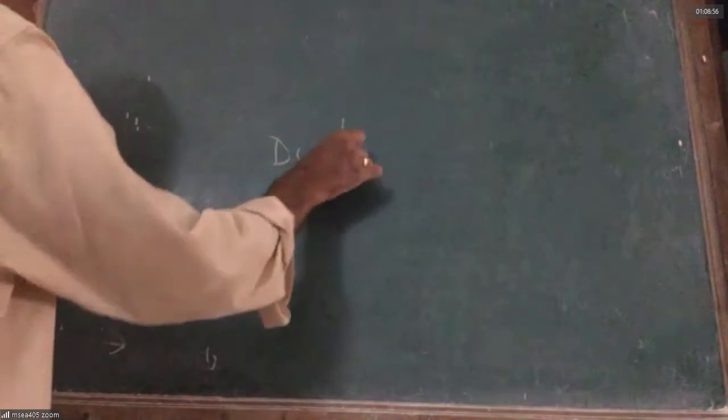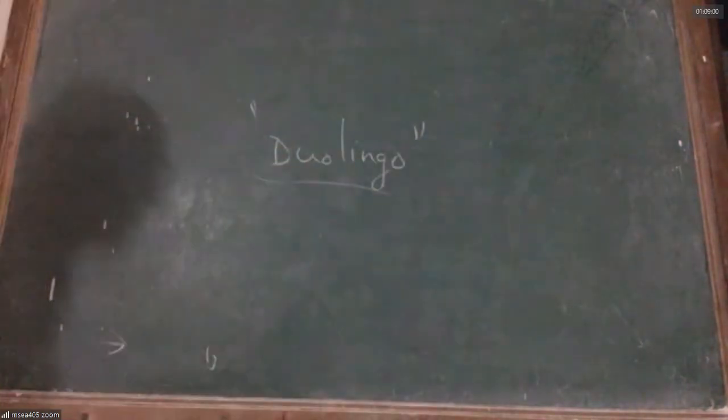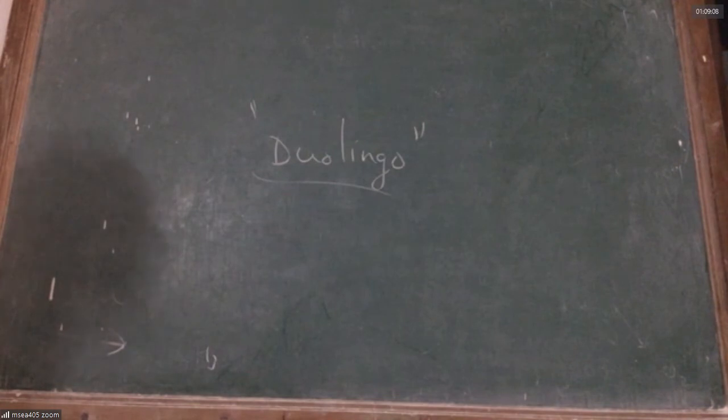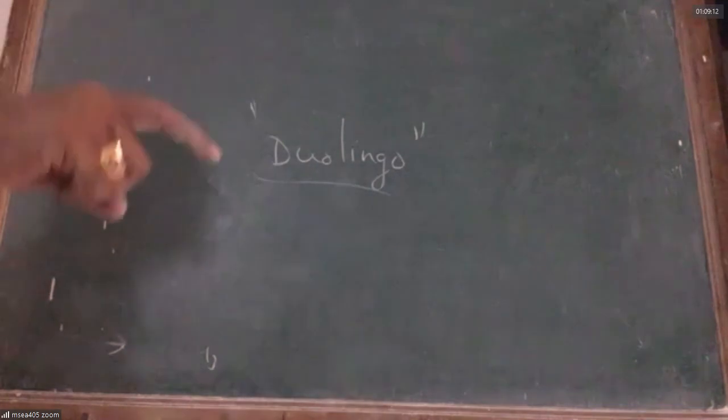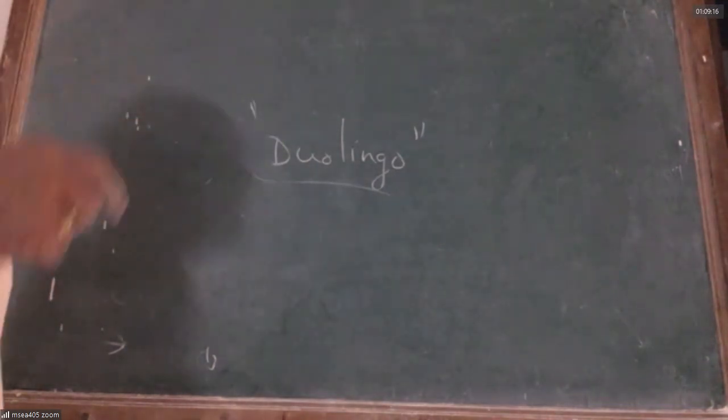There is an interesting program called Duolingo. Have you ever seen this app, Duolingo? Yes, sir. Language learning. In Duolingo, they teach you any language, like Spanish, French, Japanese, whatever. And in the Duolingo app, if you press some button, the sentence will be delivered very slowly.